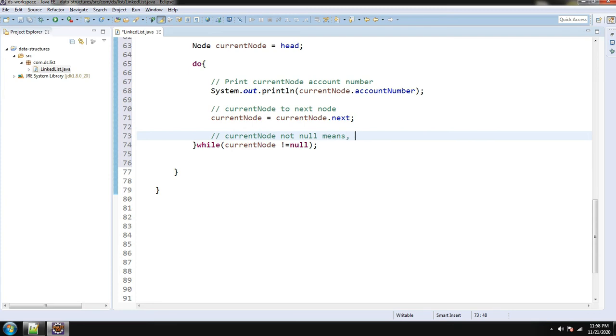If current node is not null means next node exists, so we can loop. So the loop will continue.